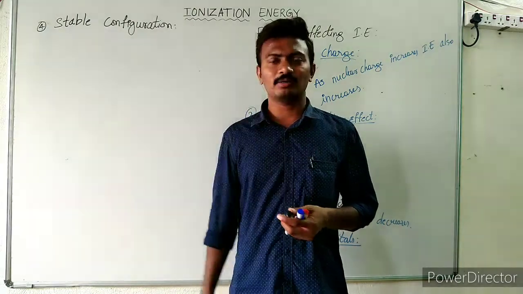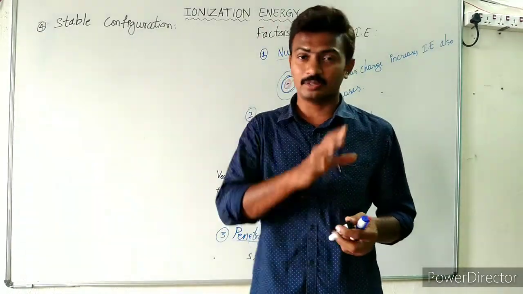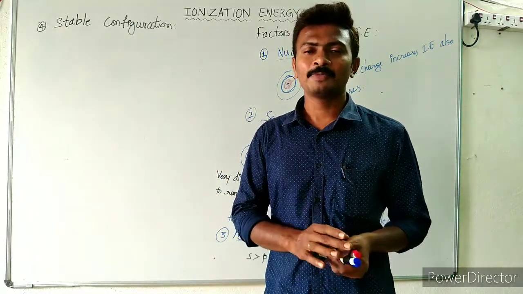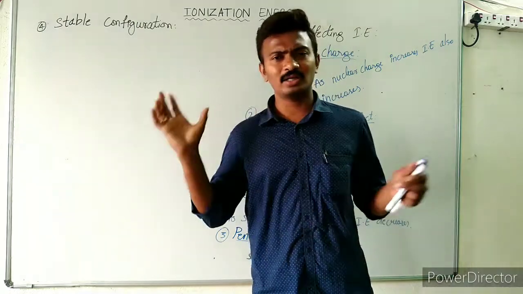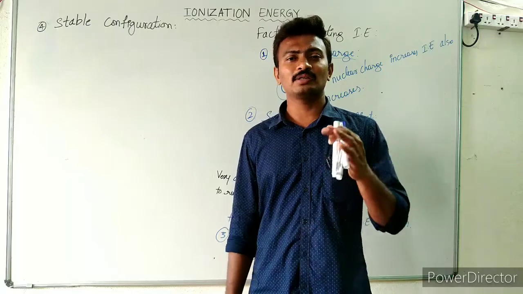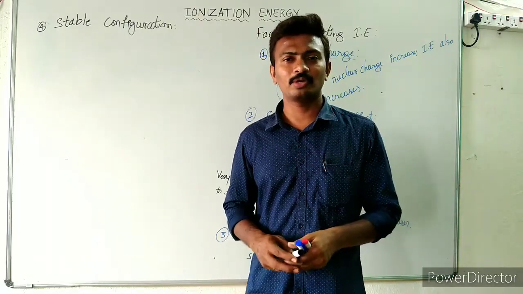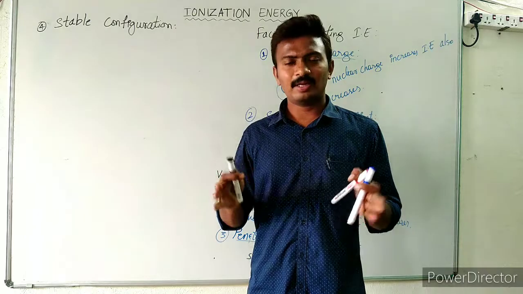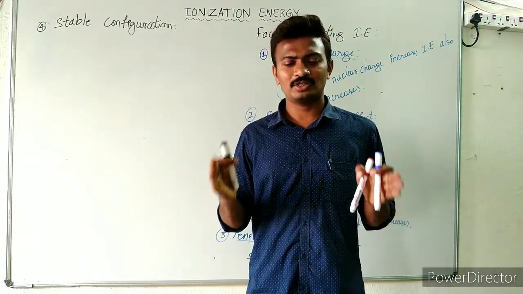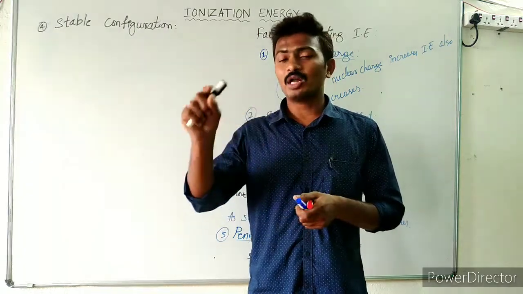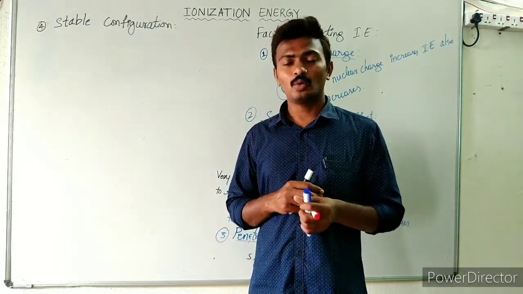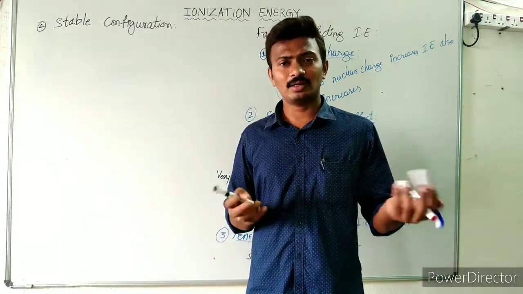Whenever an atom attains stable configuration, it doesn't prefer to lose that stability. Keep this point in mind. This is very important. See, always an atom or anything, any object or any animal, everything will prefer to be in a stable form. That will prefer to remain stable. In the same manner, an orbital will be stable with half-filled and full-filled configuration symmetrically. Then, removal of electron from those particular elements will be very difficult. Why? Because they are losing stability.